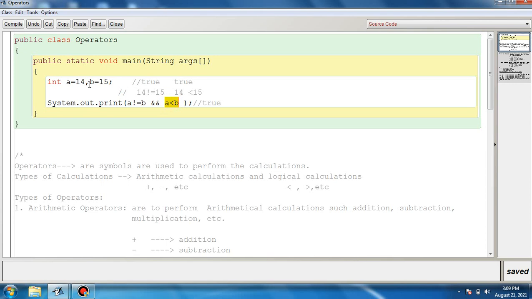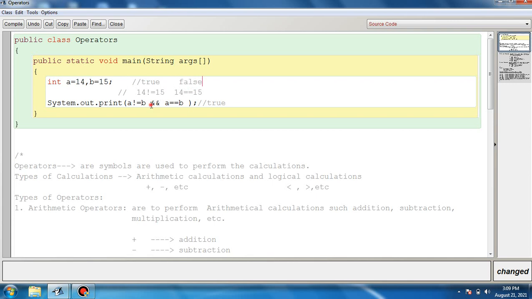Now let us do the opposite. If any one of the expressions is false, let us make one false while the other is true. I have changed the operator to double equal to, which is used to check equality. Is 14 equal to 15? No, so this will result in false.